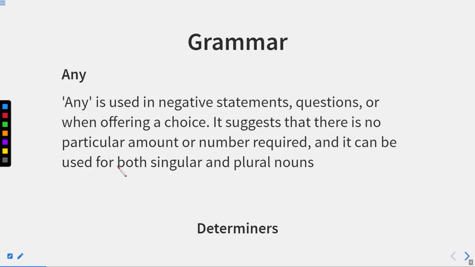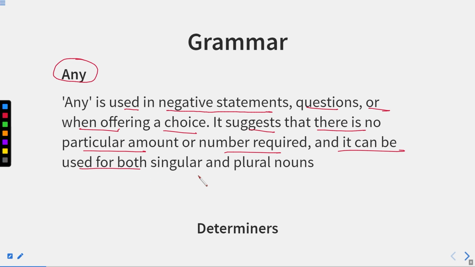Now we'll discuss the use of any. Any is again another determiner which tells us about the quality or the quantity of a particular noun. How? Let us elaborate. Any is used in negative statements. So some is used in positive, whereas any is used in negative statements, of course, questions, or when offering a choice. It suggests that there is no particular amount or number required, and it can be used for both singular and